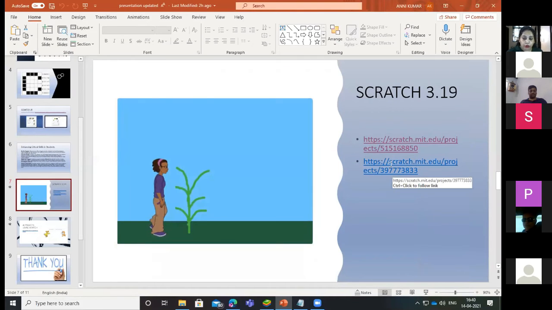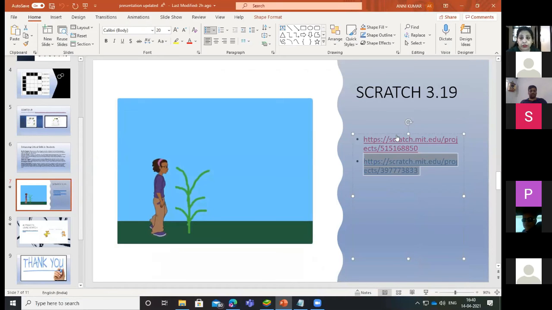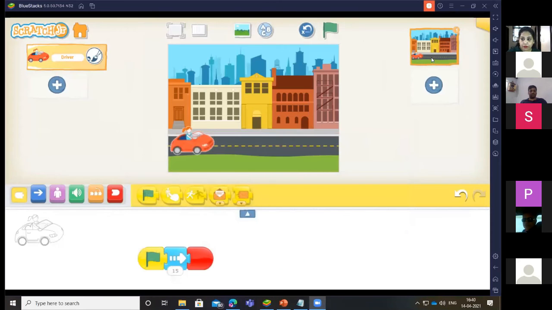There's one more project. This is again a very beautiful project. So I am just giving the link of this code. You can... So now here, this is also a very beautiful project where we are actually using AI and Scratch. This project was done during COVID. So you will see this is again a very beautiful project. One minute, let me close this window.